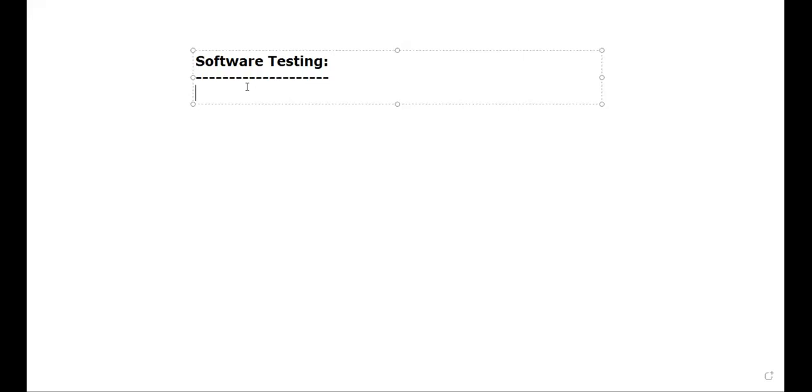Let me just write down the things whatever I will teach. I'll be teaching first manual testing. Afterwards, I'll be teaching automation testing. Automation testing using a tool. There are several tools in the market, but the famous tool which is used for automation testing happens to be Selenium. That's what I will teach. Now, if you ask me, sir, using which programming language you will teach Selenium, sir?